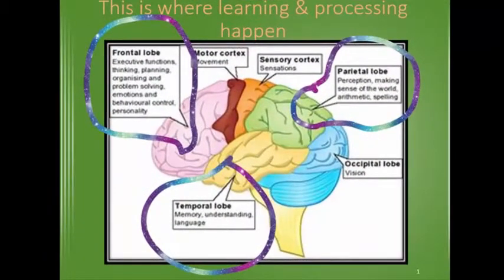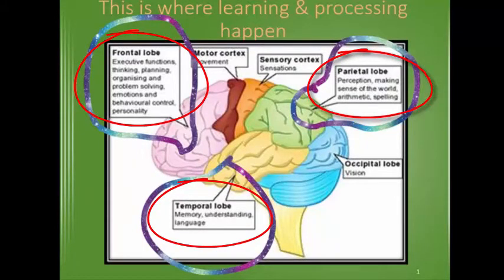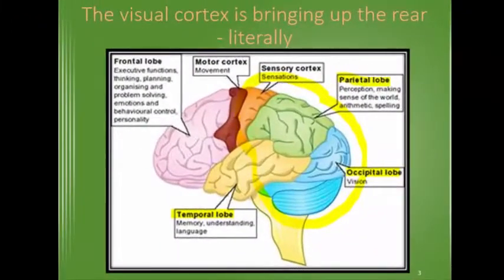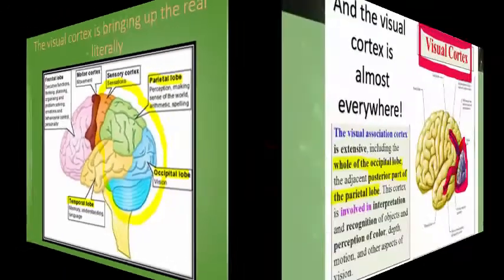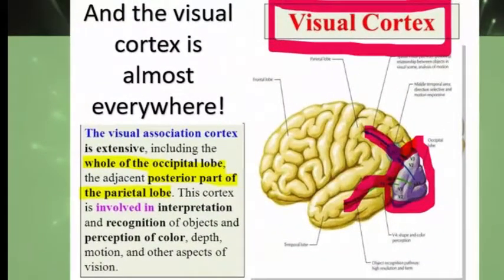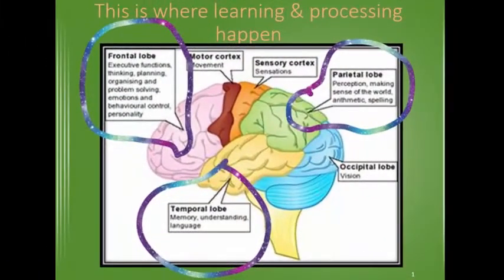To continue our conversation on the why and understanding why the visuals are so important, let's go back to our brain. If you remember, we have the parietal, the frontal, and the temporal lobes that are all part of the learning process. When we begin to understand that the visual cortex itself sits on the back of the brain, it sits literally in that hole of the occipital lobe, but it reaches forward into the parietal lobe. This is significant because that means that that whole occipital visual cortex is connected into all of the learning centers